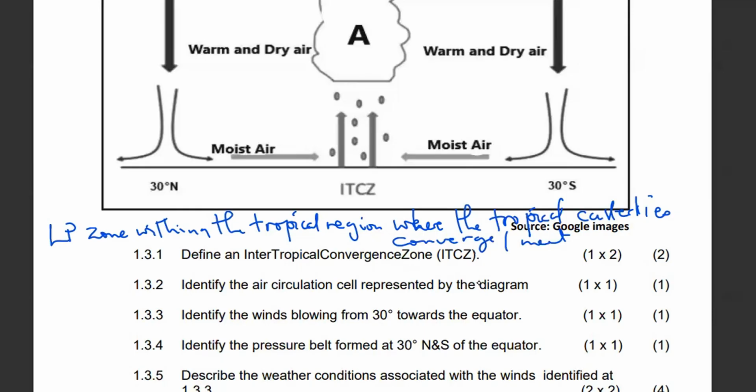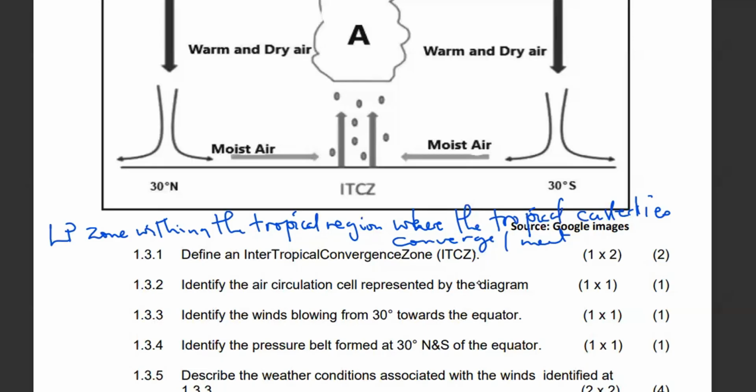So in simple terms, what are we trying to say? We are saying we have a zone of low pressure or a belt of low pressure that exists within the tropics. And the tropics, we understand we are looking at the regions between around 0 to 23.5 north and south, or to be more general, to the 30s. And in that belt, we have low pressure. And because of the low pressure, we tend to find that the tropical easterlies from the north and the tropical easterlies from the south, or the trade winds, they tend to meet in that low pressure belt or converge. That is the ITCZ. Or we can say